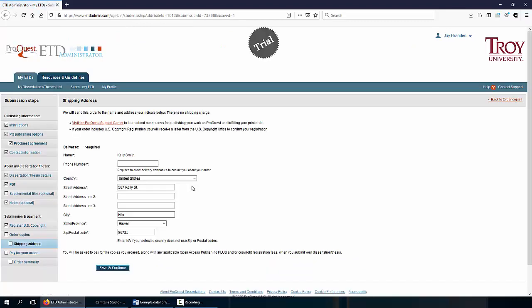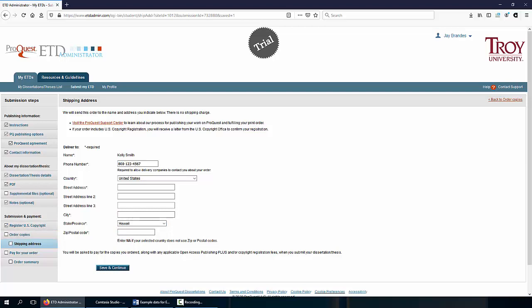Now here's where you have to be very careful. I'm going to fill in my phone number. I'm going to copy and paste that in there. But here you see the student name is already filled out. I've put in the phone number, but it is filling in the student mailing address. We don't want that, so I'm going to blank all that out,